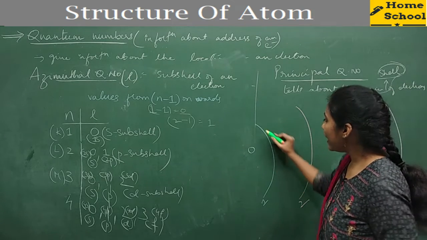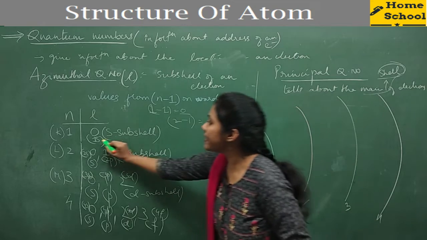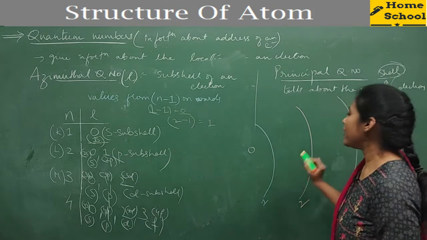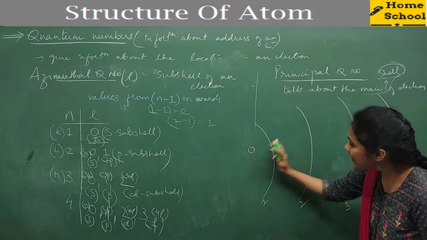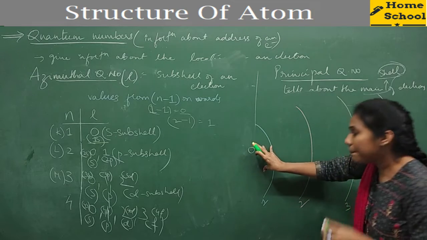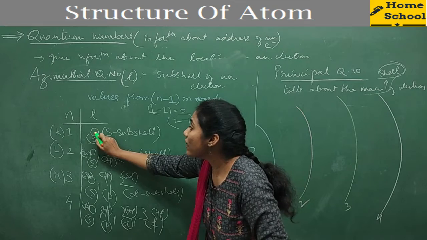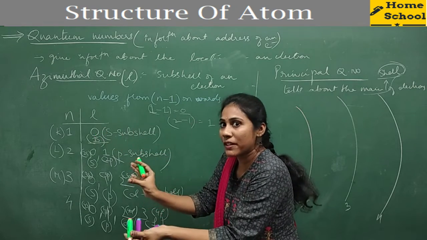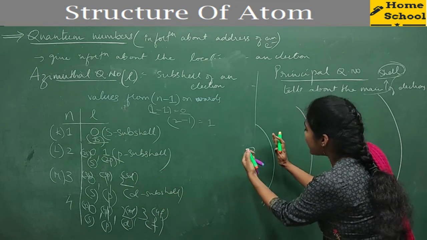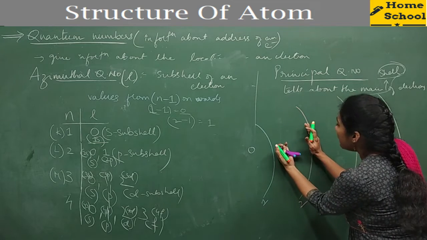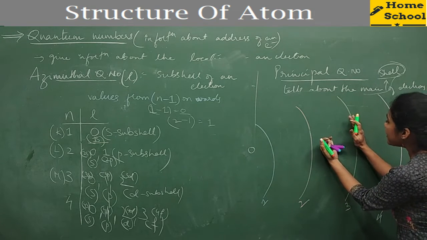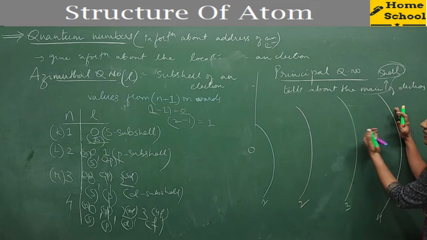Now you tell me, in the first state how many districts are there? There is only 1 district. Inside this region there is again a sub-region, for which we give a name and a number. What is the number for that sub-region? Electron may be present in this region, in this region, in this region, or in this region.